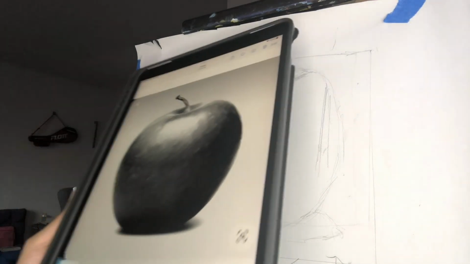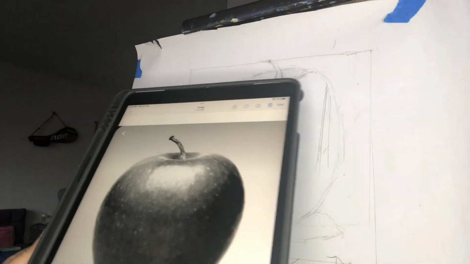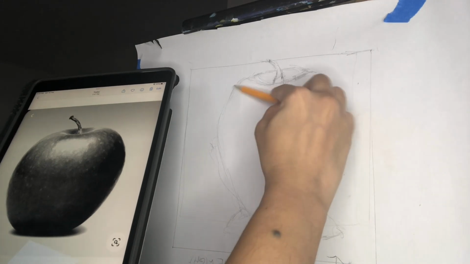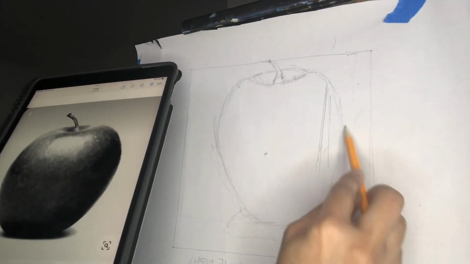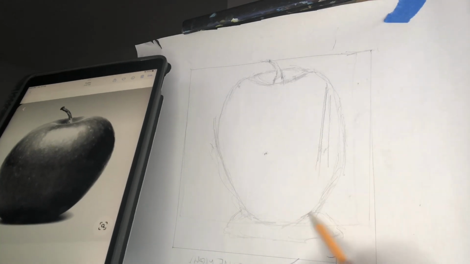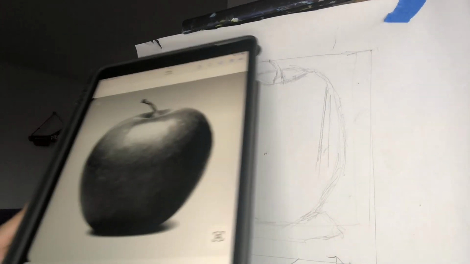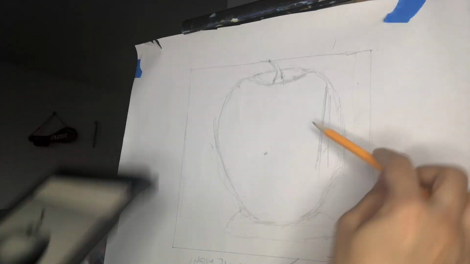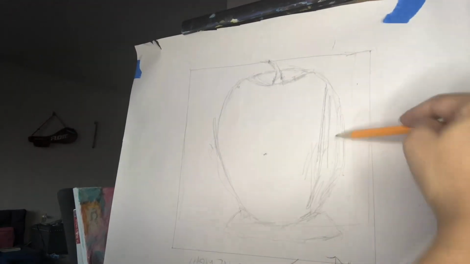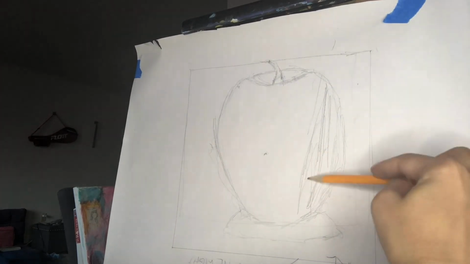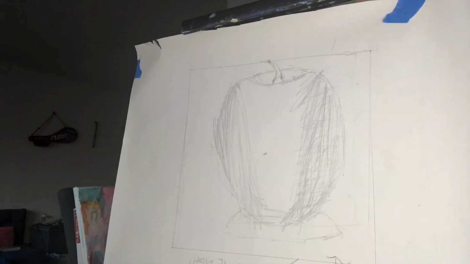Okay, so I am confident that what I have drawn is how the object is. So I'm going to go ahead and use a shading technique called cross hatching. I'm going to switch to a charcoal pencil, a medium charcoal pencil, and